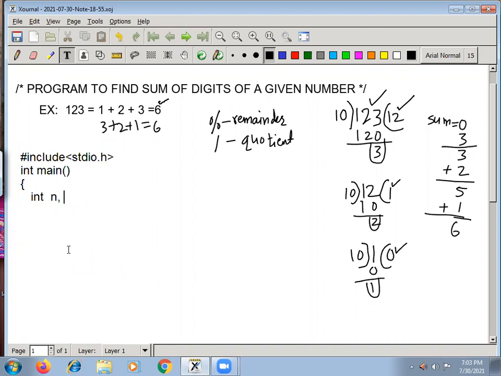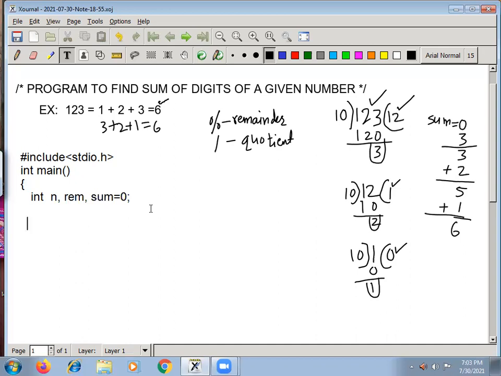So you should store the reminder we require. For that reminder, I am using a variable called rem. Similarly, we need to find out sum, no? And sum you initialize to 0 blindly. Whenever there is a variable sum, you initialize it to 0. Any other variables if we require, we will add afterwards. These are the basic variables required for those calculations.